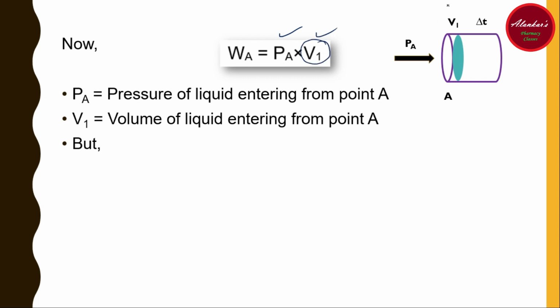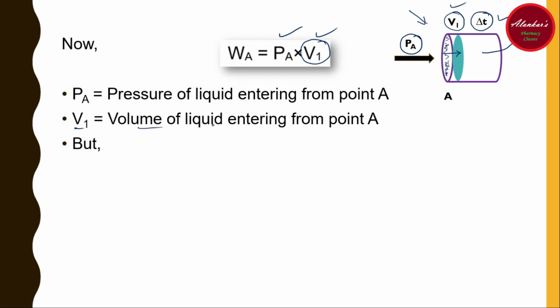Now you can understand by this figure, this is the point A. The molecules that are present just at the entrance of the point A will push the molecules that are present inside the column, and in this way the molecules of water travel from point A to point B. Because of this PA, that is the pressure of these molecules which are initially present, will at a particular time, and let's suppose that is the del T, shift the V1 volume of the water inside this tube.